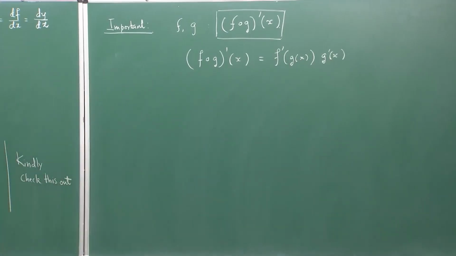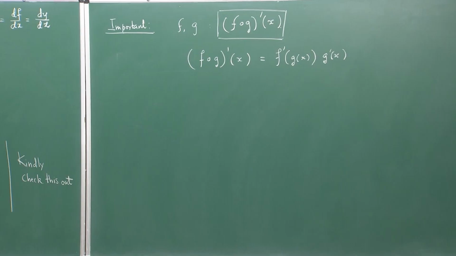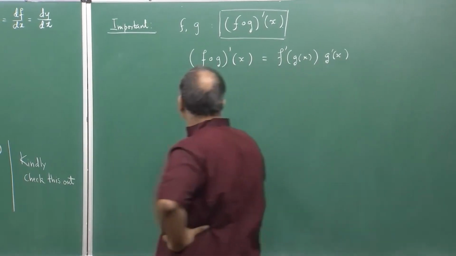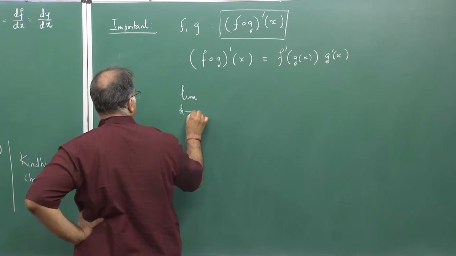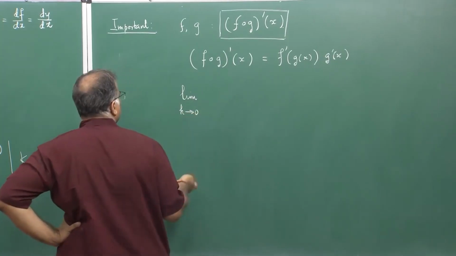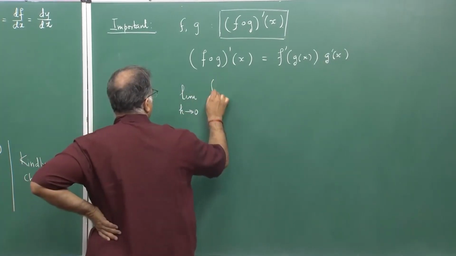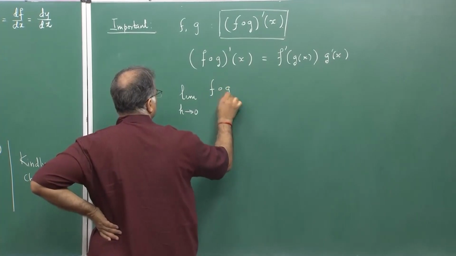So, how does this formula arrive? You can say, oh, I can just write down the limit, and I can do something, and I can, for example, do this. So, I am computing it at some a, say. So, basically I should have